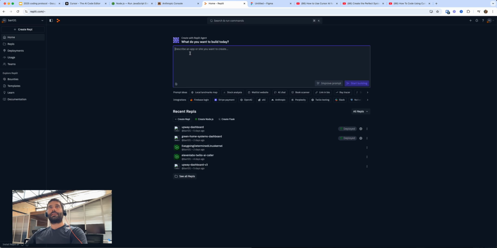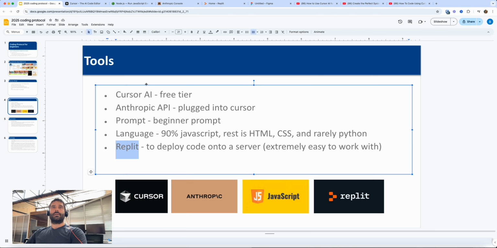It's extremely easy to deploy. So I'm going to get into Replit a little bit more later on, but I use this for all of my projects. Everything that I build for clients, everything that I built for a YouTube channel, everything that I've done, I just use Replit. I don't use Google Cloud. I don't use Amazon Web Services. None of that. It's probably too complicated for me to even want to learn right now. So Replit is perfect for that.